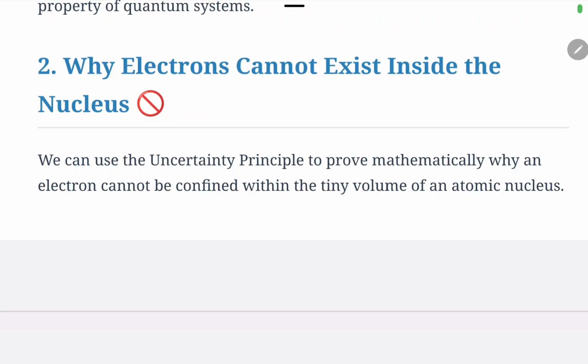Hi, in today's class, we're going to talk about why electron cannot exist inside the nucleus. And we will explain it in mathematical ways. We will give proper mathematical reason for that, okay? So in order to understand why electron cannot exist inside the nucleus, we need to know the uncertainty principle of